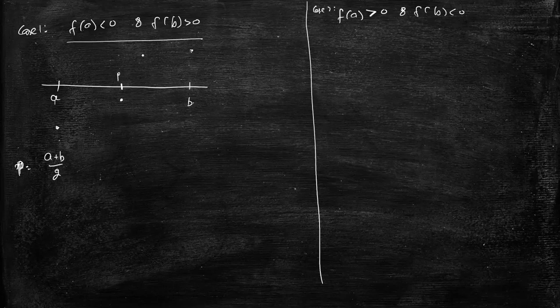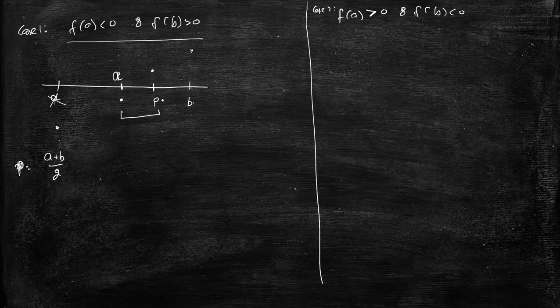and we update our interval in such a way that FP and FB, or FP and FA, in both pairs will have different signs. So here P and B will make a different sign pair. So we will update A. Our new A will be P. So let us compute the next midpoint value. Let us say this is P, and our function is this. So our domain will be reduced to this much.